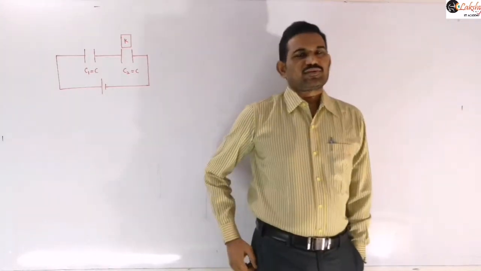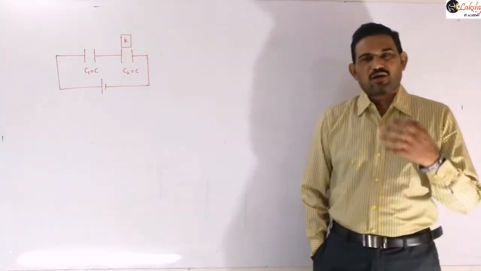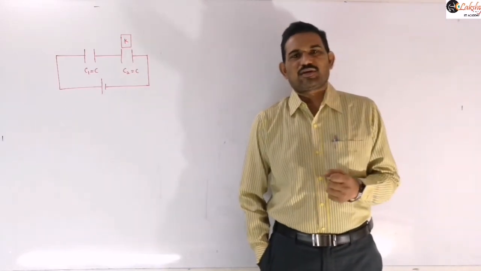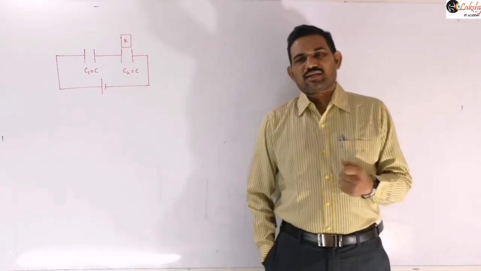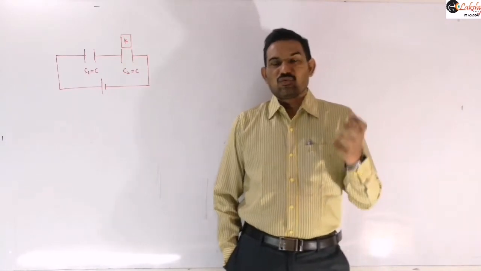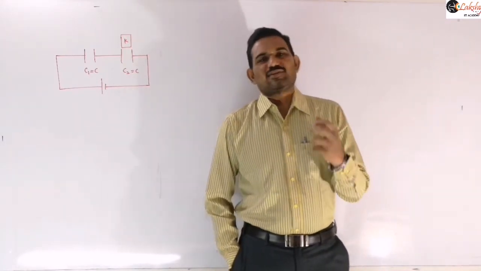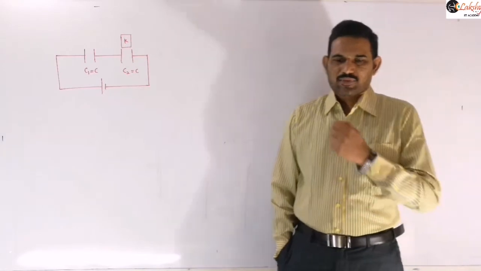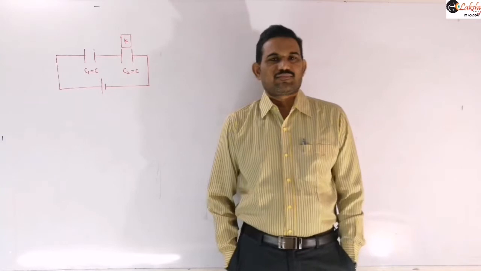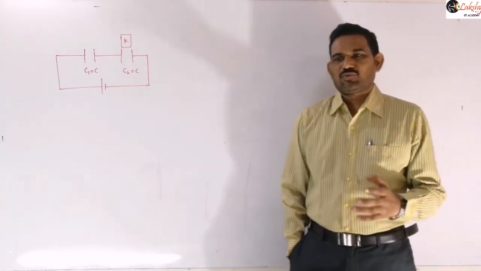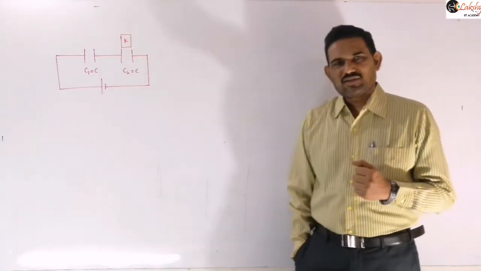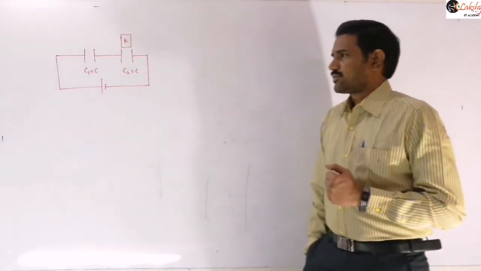So in the last class, we discussed how to calculate the capacitance when two or more dielectrics are placed in a capacitor, and we also calculated the effective capacitance if the dielectric constant of the dielectric is variable, right? And now let us see some more problems based on dielectrics, so that you will get more clarity about how those dielectrics will affect the different parameters related to a capacitor.